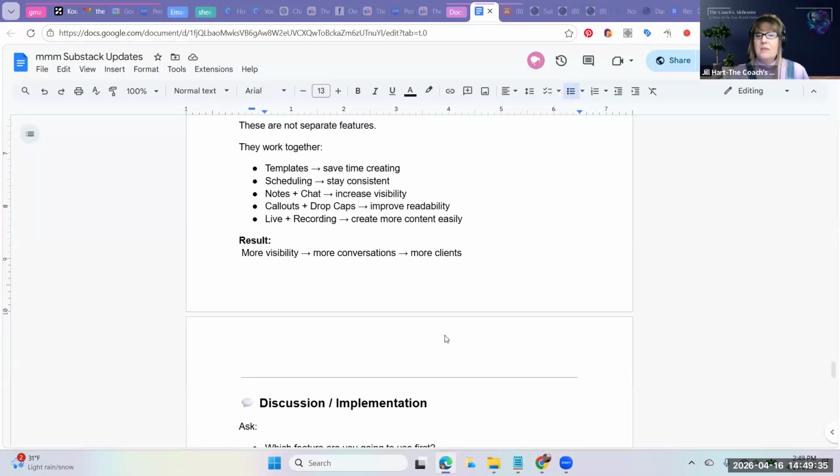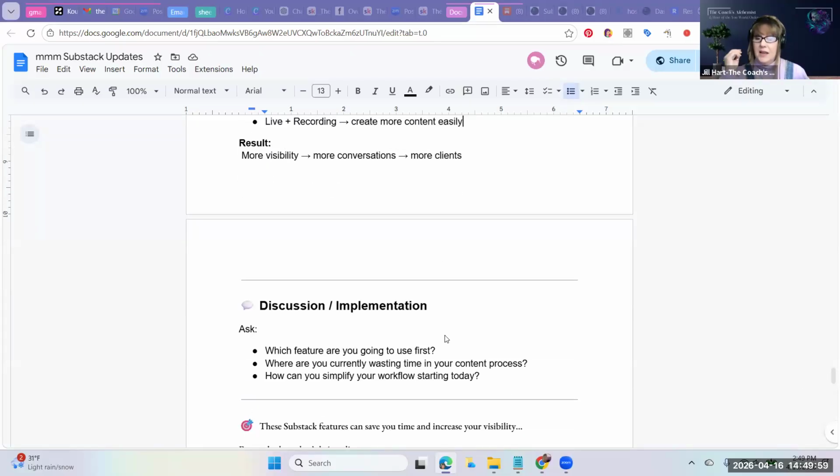The big goal is being visible, which produces conversations, in terms of school, or conversations in chats over on Substack, conversations in note threads. And those will turn into clients, because the more conversations you have, the more you're connected with people, the more clients you're going to find, and subscribers, and all the members for your community.